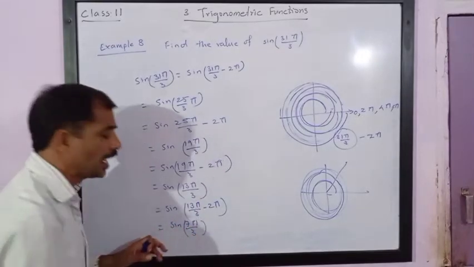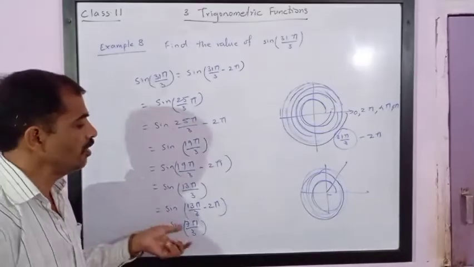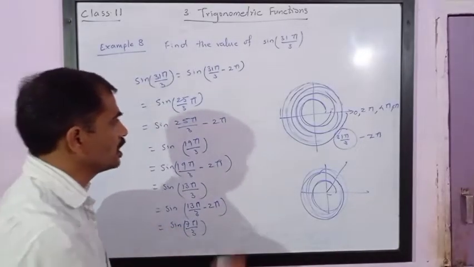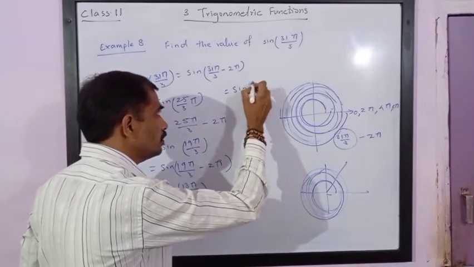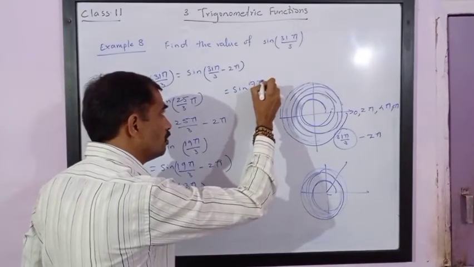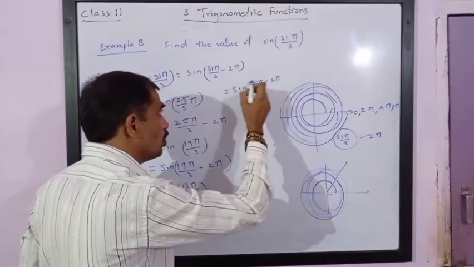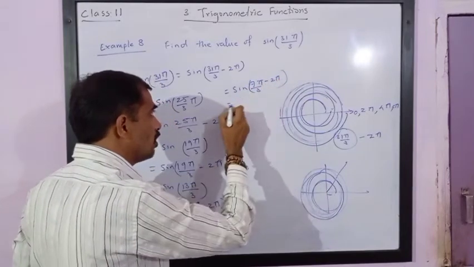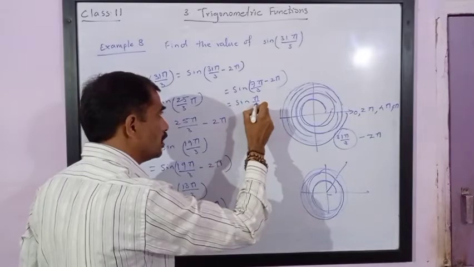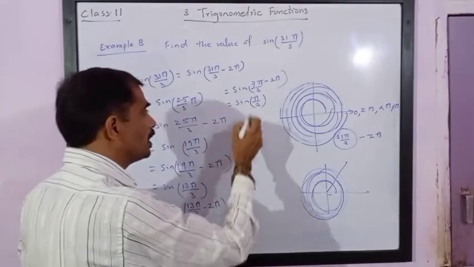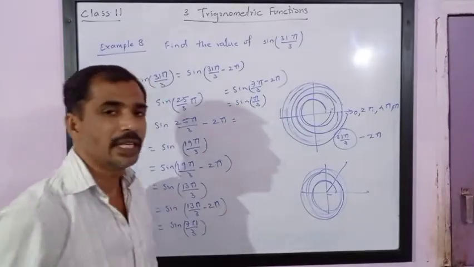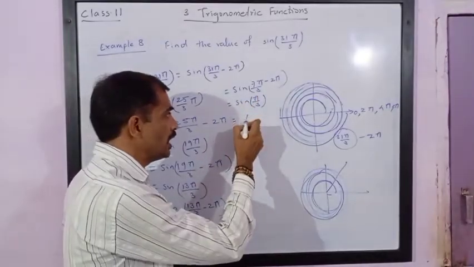Please note this is again greater than 2π, so again we subtract 2π from this. So this is equal to sine of 7π/3 minus 2π. We will get 3 times 6, so we get sine of π/3, that is 7 minus 6 is 1, π/3. Now we know that sine π/3 is equal to sine 60°, and that is equal to root